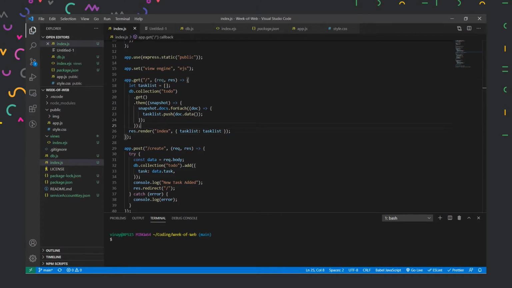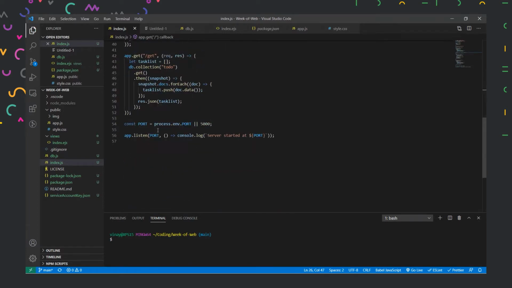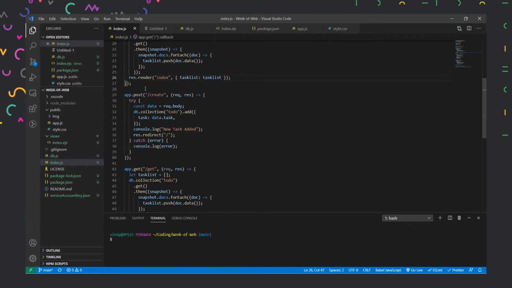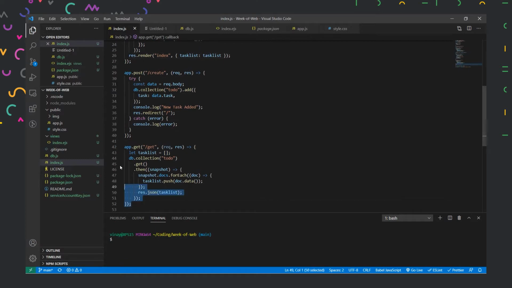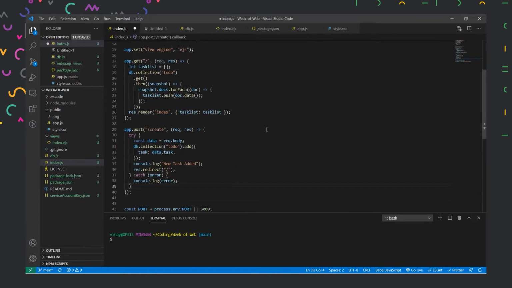And with this, we will be done with our get part. But then it will access all our files here. I'll delete these tasks over here. Yeah, this part we don't need now. But then the problem here is we don't have the ID of our documents. We will need an ID for a document so that we will be able to select it if, let's say, we want to work on some data.